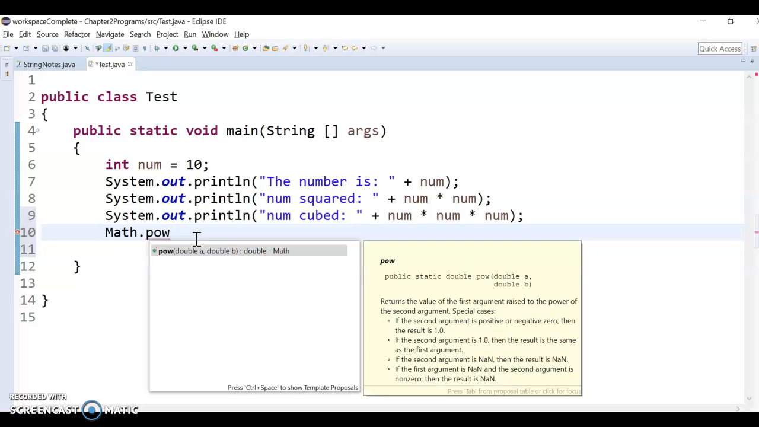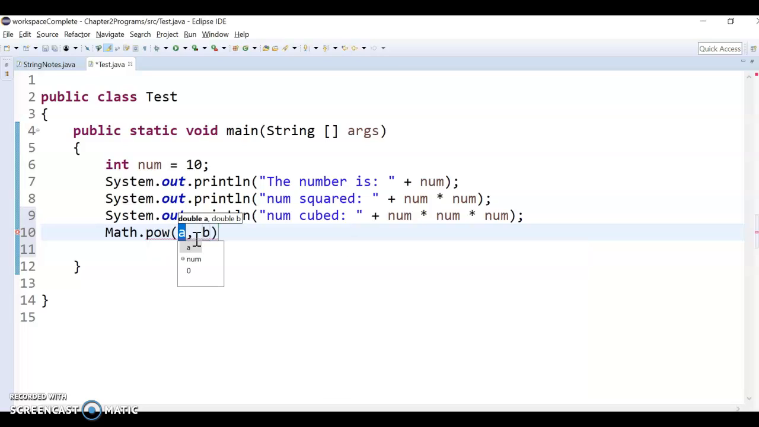If you read the description here, it returns the first argument raised to the power of the second argument. So the first one is our base, and the second one is our power. So I'm going to do a base of num and a power of 4 to get the fourth power. Maybe I'm going to do this a little bit differently. I'm actually going to store this result. Math.pow will do the calculation, but if I want to store it,